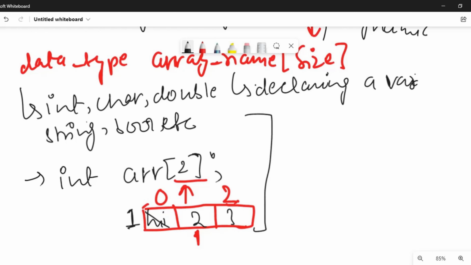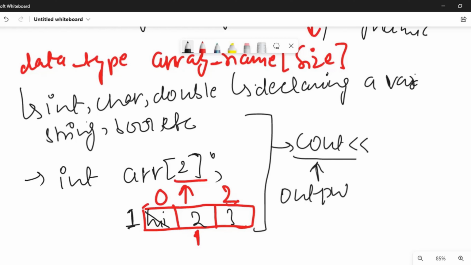But if for example I write inside the cout, so actually what is cout? Cout is a statement which is used to output the message in C++.